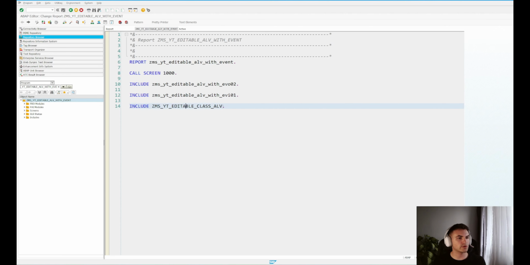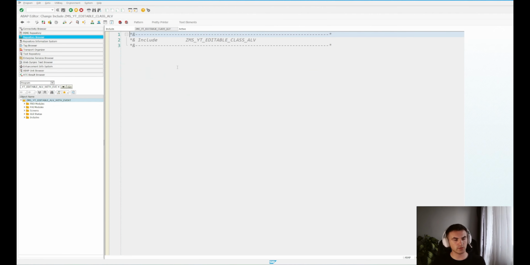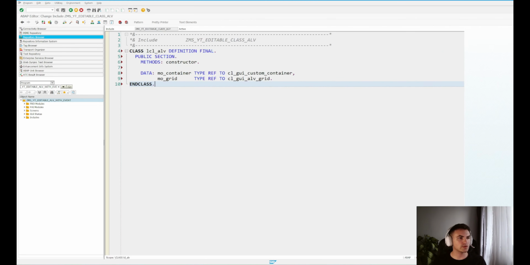So in our case here, we just want to move it back here because the main logic will be here. So we're going to need to have it on the top. And here I'm going to take my skeleton for the class. So first, we're going to go with the definition of the class. It's a class with the name LCL ALV. Final definition, we're not going to have any inheritance in our case, and just a public section